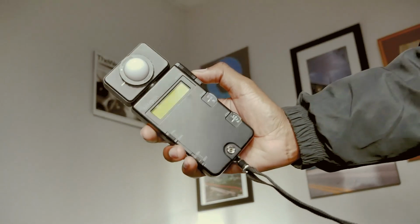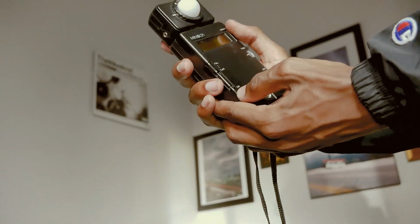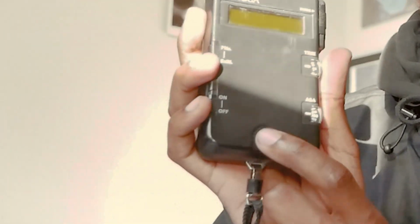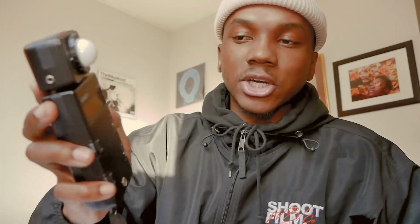First thing up, you need a light meter, guys. A light meter is extremely important. You can get an ambient light meter for super cheap. I got mine for $50, actually, and it's a flash meter because I use flash from time to time. So you have the flash sync over here. You set your ISO speed over here, also set your shutter speed, and you read the light, and it will give you the aperture. This is very effective. It gives you a lot of room for creativity and for you to be able to